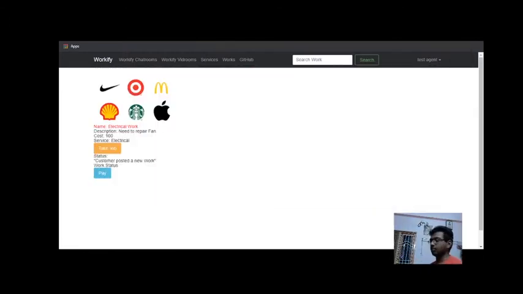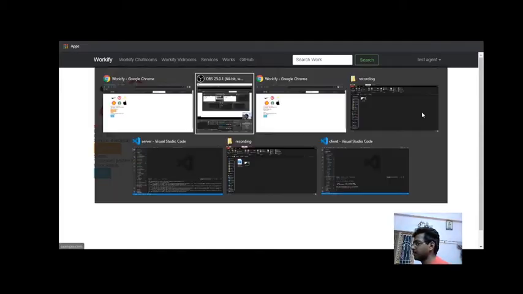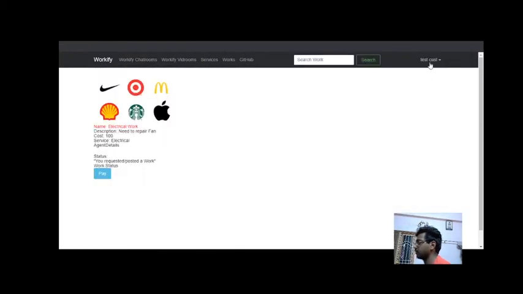Now let's see the workflow, like how the job taking and requesting goes on. So this is a test agent, as you can see, and this one is a test customer. He has requested and posted a work. We have the work status, and we have the ongoing work status too, like what is presently going on. The agent details will be popped over here. Electrical service work cost this much, need to repair work.